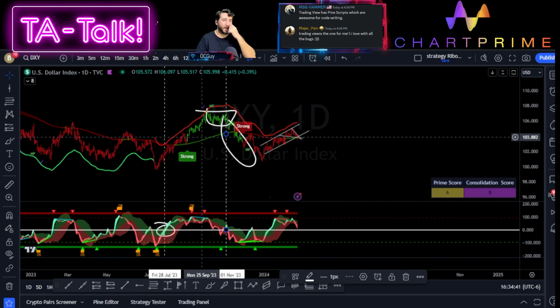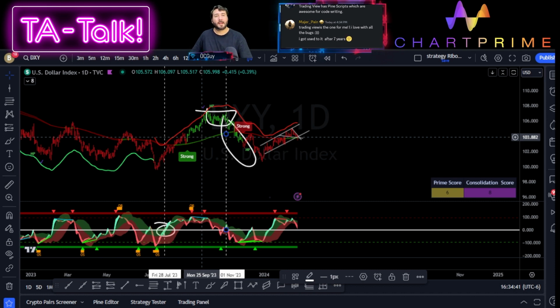TradingView is the one for me. I love it, bugs and all. That's hard, but yes, you do develop a special feeling for a tool that has given a lot, right? But at the same time, they're cutting the free version from 3 indicators to 2, not increasing their capabilities, and so on. You start feeling heartbroken. I got used to it after 7 years. Oh yeah, absolutely. Yes, yes. What's up, brother?